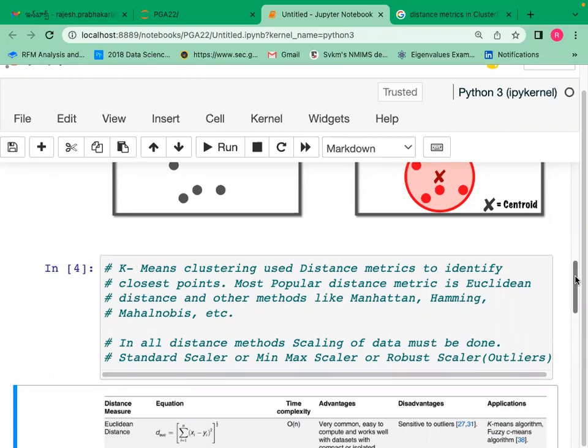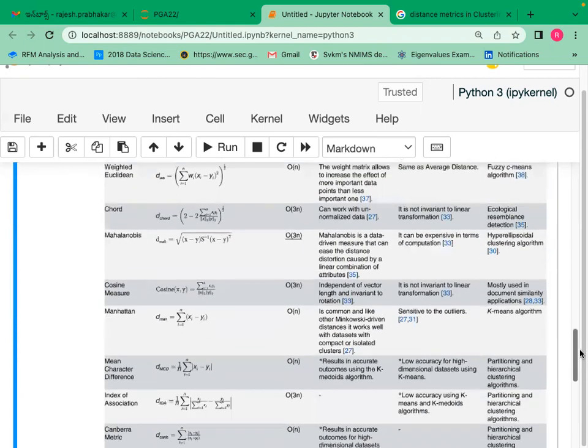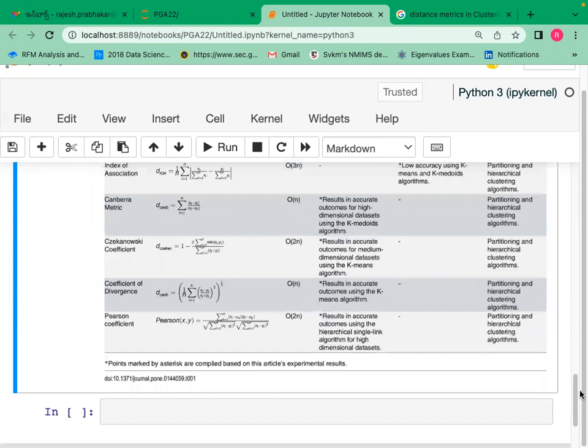So in k-means clustering, scaling is to be done to overcome this thing because Euclidean distance is slightly sensitive to outliers. But the distance metrics are this. In text mining particularly,